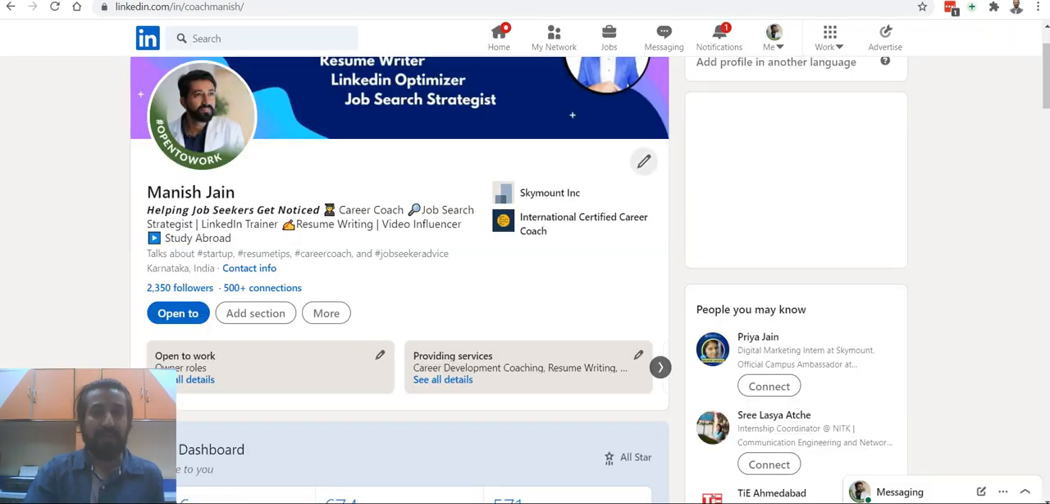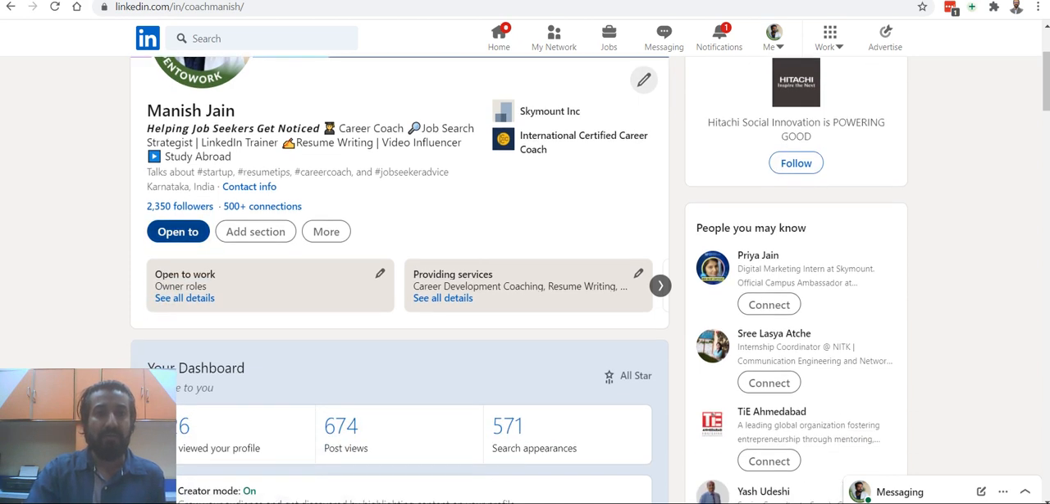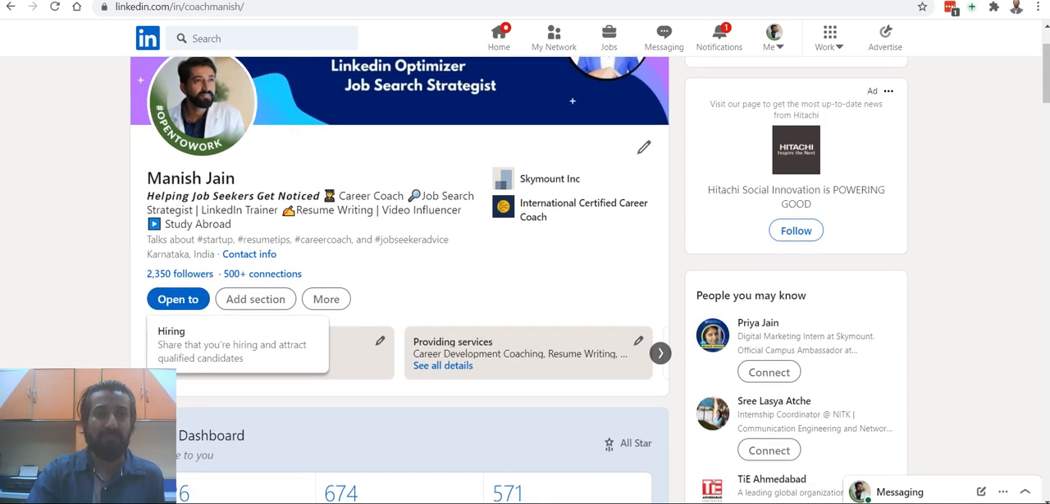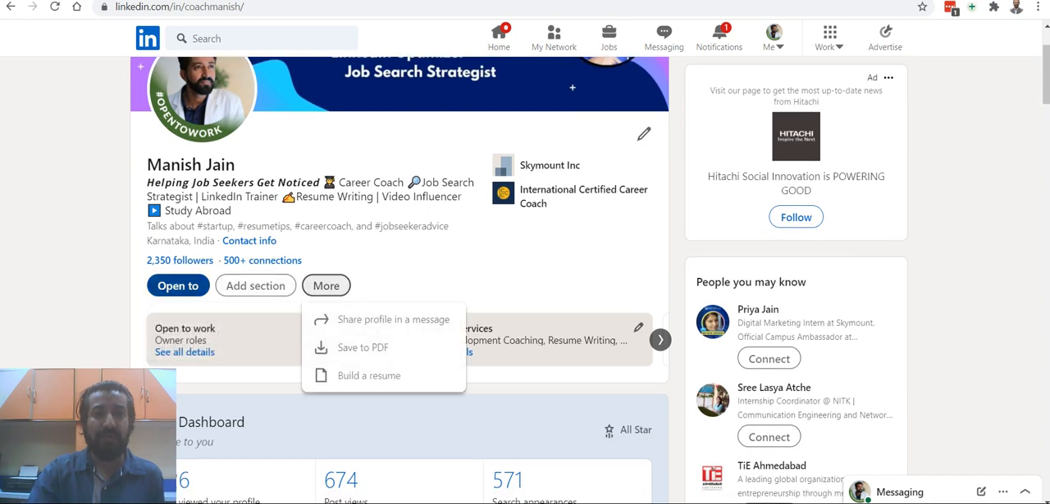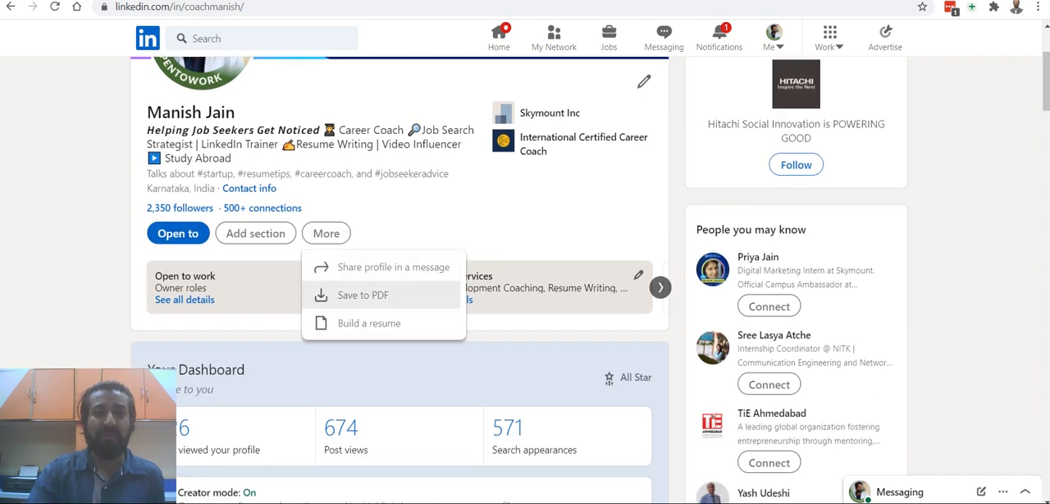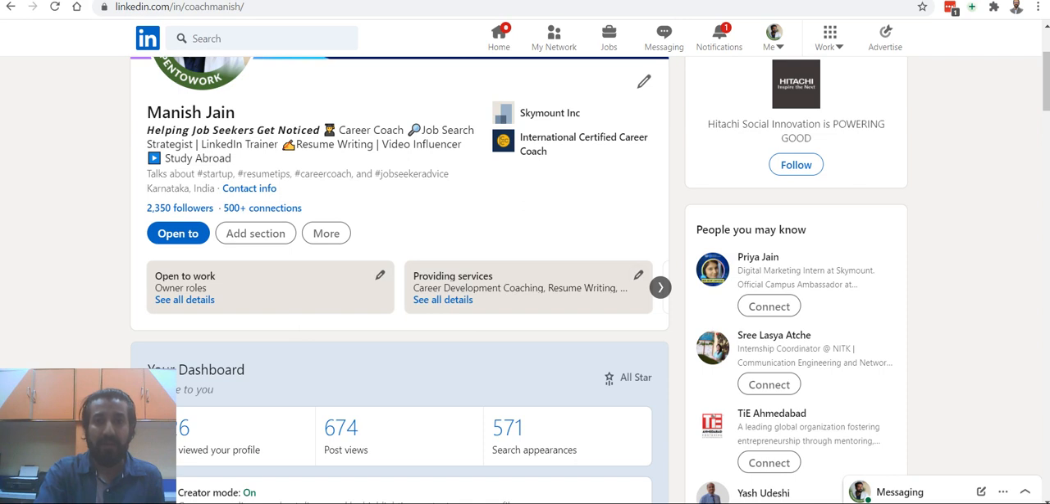Okay, then going forward, you give the option whether you're open to hiring or open to network. It gives you a label here. And then if you want, you can add more sections, and here again you get the option to save it as a PDF. If your complete profile is updated and you just say save as a PDF, it will become a PDF. And you say build a resume, it will become a complete updated resume from your LinkedIn profile with the help of this particular tool. Okay, and